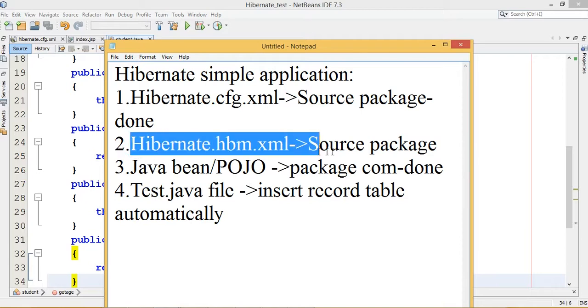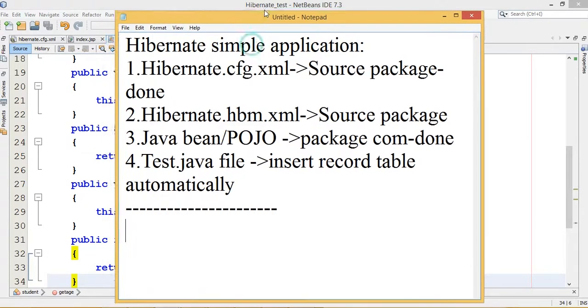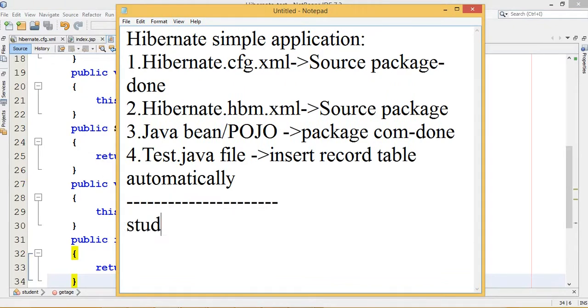Now I need to do the mapping of it. In this one, how many properties do I have? What is our Java class name here? Student. Suppose I want to create a table in an Oracle database, named testing. How many properties does student have?